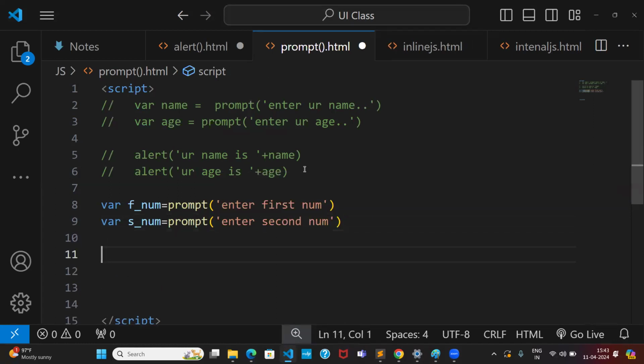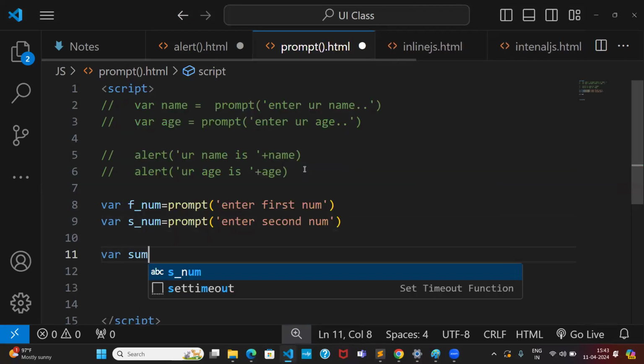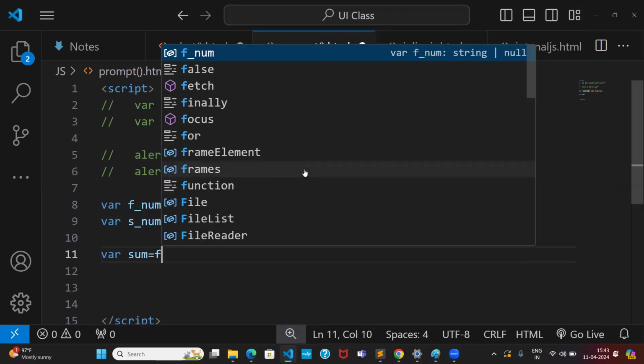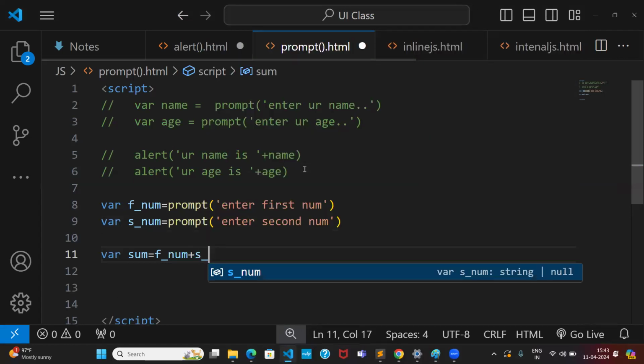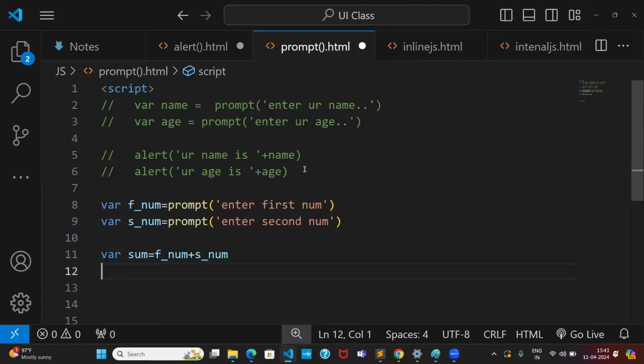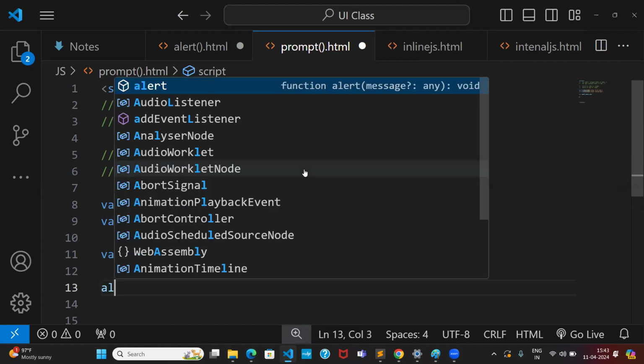Then finally the summation: first number plus second number, and I want to see the summation, alert,